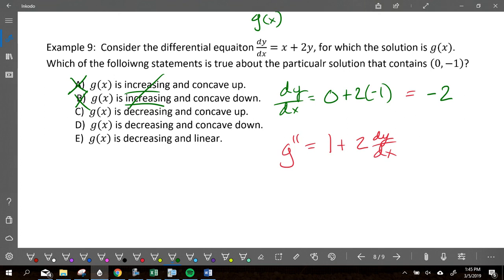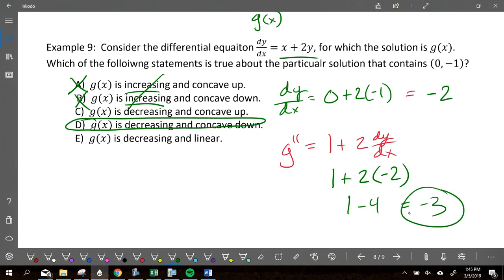How could I figure out what the second derivative is going to be? Evan? You can plug in -2 here. You could plug that whole equation back in, but we already just did that. We know that it's going to get us -2. So this is 1 minus 4. That gets me -3. So is it concave up, concave down, or neither? Down like a frown. The second derivative is negative. Therefore, it's concave down. Negative makes you